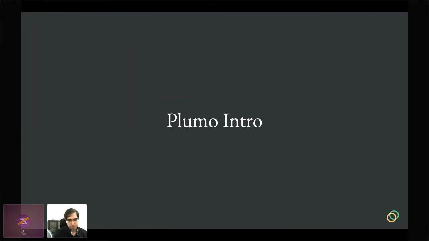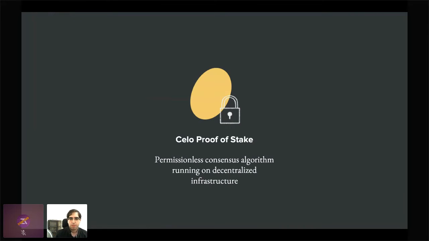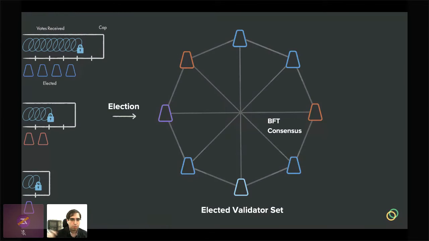So how is Plumo different? So first of all, Plumo works in the context of Celo's proof-of-stake protocol. And what is this Celo proof-of-stake protocol? If you look at the consensus protocol, it's a BFT-style consensus protocol. It's similar to Cosmos, for those of you that know Cosmos. And essentially, you have a